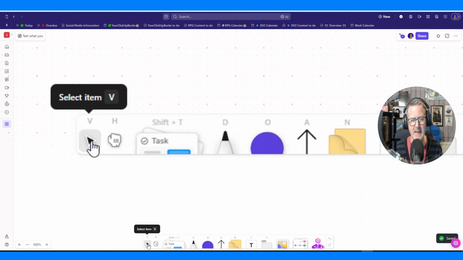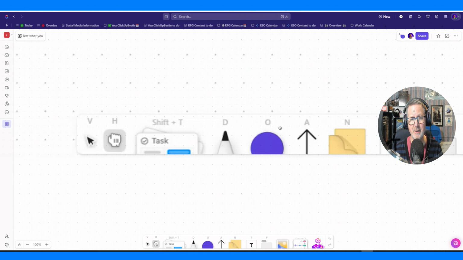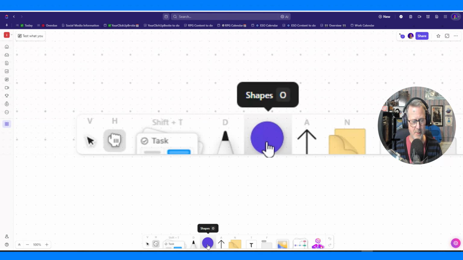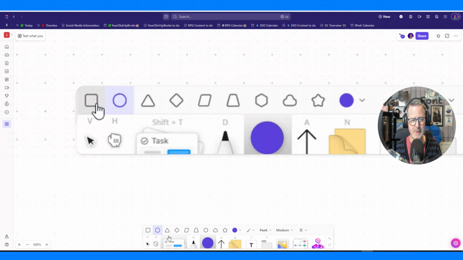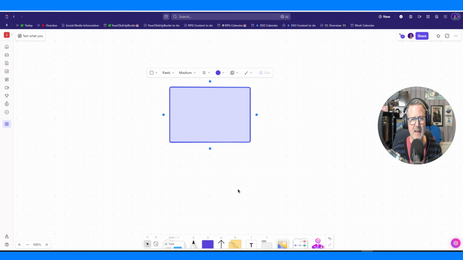And then starting down here, we have the V that will select. And we also have the H key, or this button down here, which takes you to the hand that you can use to click and drag. So let me just click on the shapes here and let's go up and create a rectangle. Here you can see that it's flashing in the middle because it is asking for a type of font in here. So we can use these to name our boxes